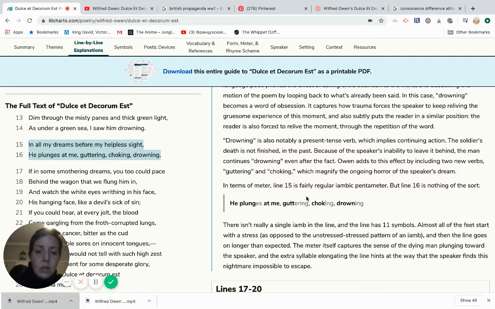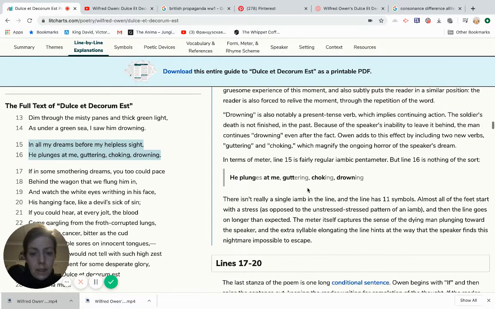Drowning is also notably a present tense verb, which implies continuing action. The soldier's death is not finished in the past. Because of the speaker's inability to leave it behind, the man continues to drown even after the fact. Owen adds to this effect by including 2 new verbs, guttering and choking, which magnify the ongoing horror of the